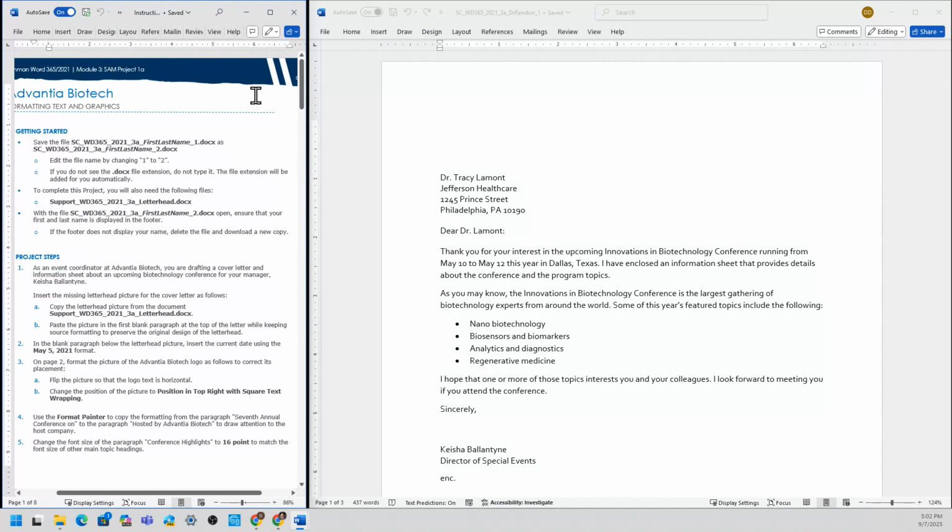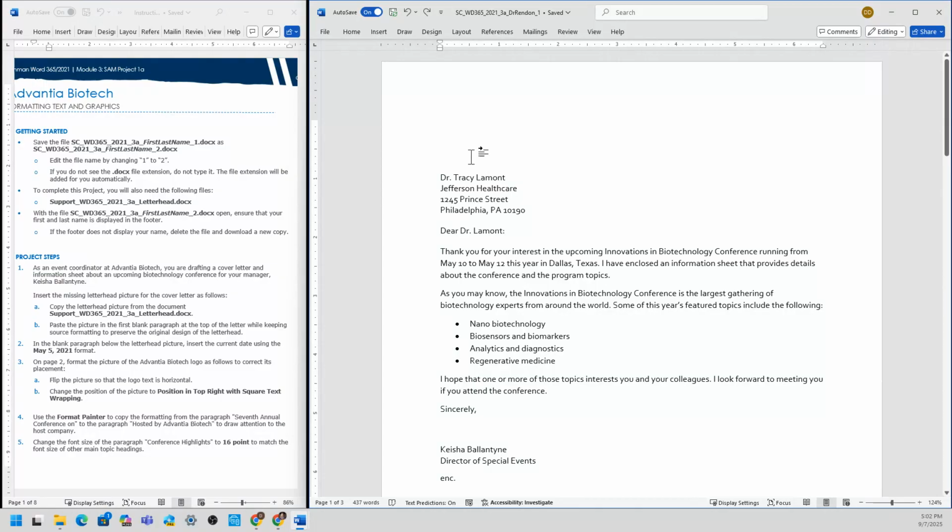The second document would be your start file. My start file name is SC_WD365_2021_3A_ followed by my first name, last name, and version 1.